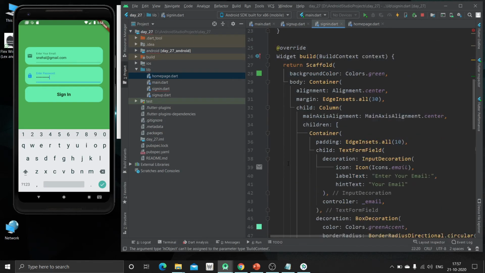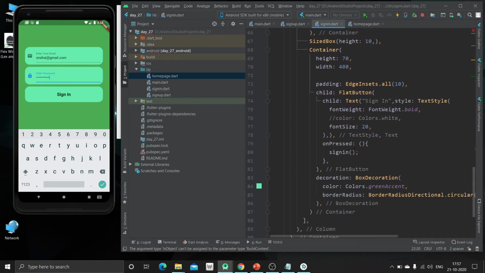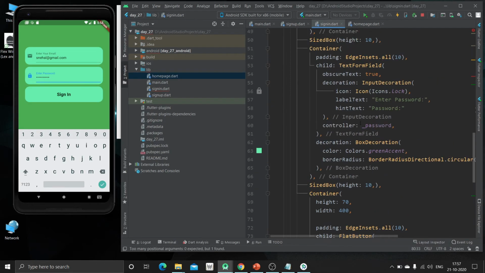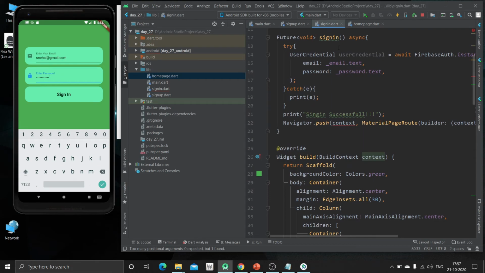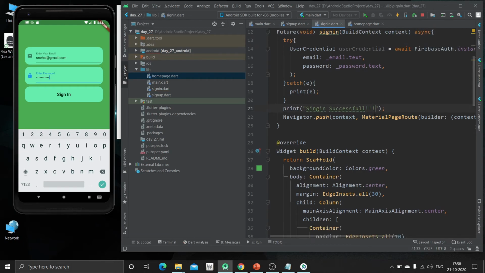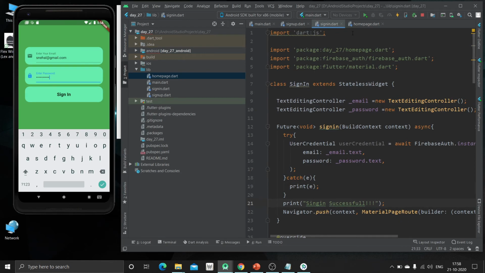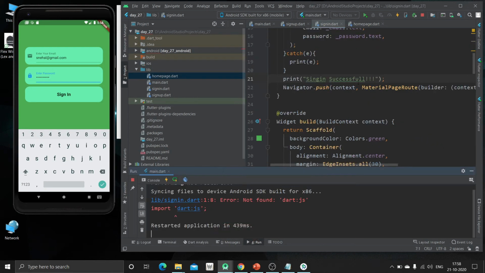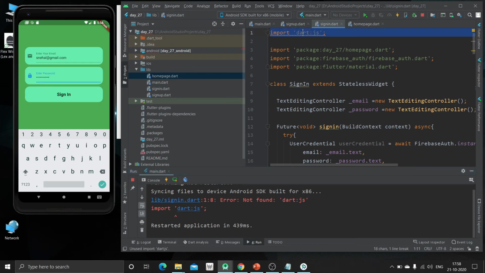So we are going to pass this context to the sign in method. So from the main page we have to pass the context. So we are going to take that context. Now the error will be, okay, we are having one error. Okay, we haven't imported this.